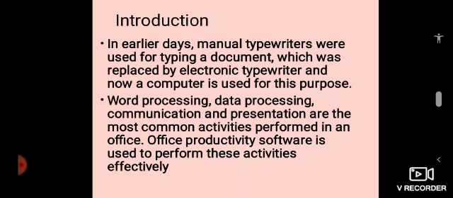Word processing, data processing, communication, and presentation are the most common activities performed in an office. Word processing, for example, is preparing a document using some word processor. It is nothing but processing some words, right?